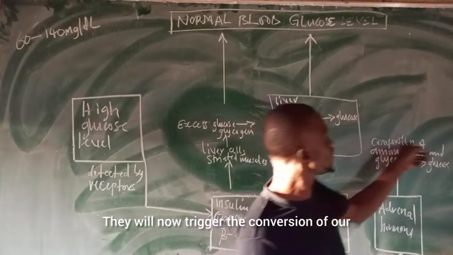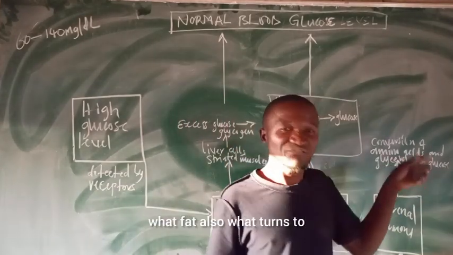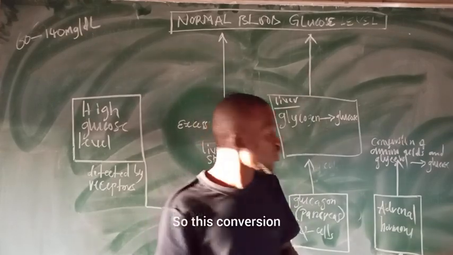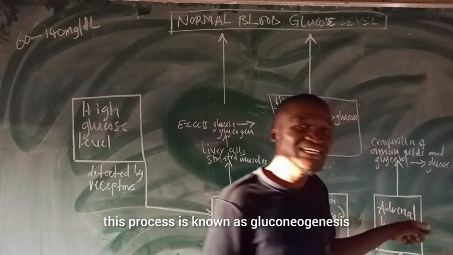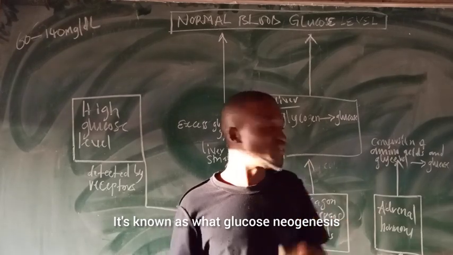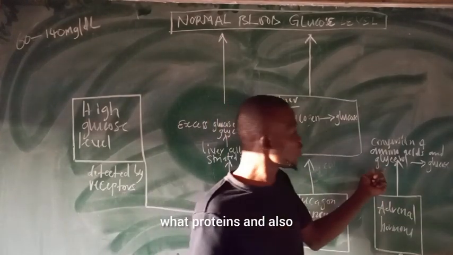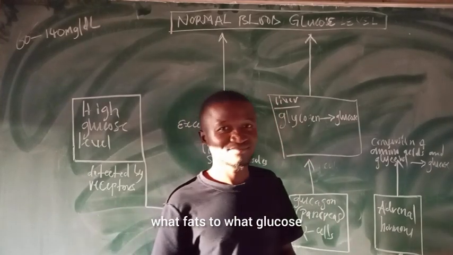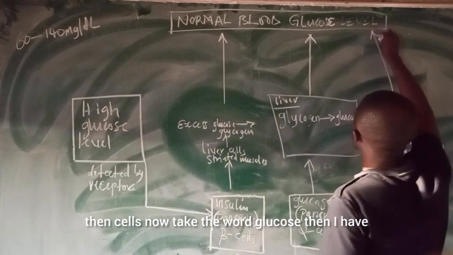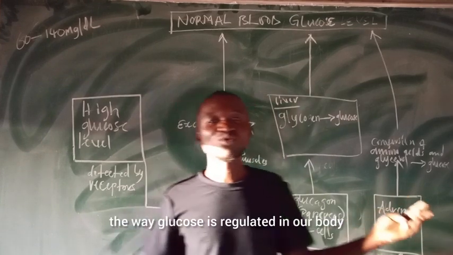Then you trigger the conversion of amino acid. Imagine, proteins even turn to carbohydrate. Glycerol, which is fat, also turns to carbohydrate, in order to support us to continue with life. So this process is known as gluconeogenesis, glucose neogenesis, which converts amino acids, the building blocks of proteins, and also glycerol, from fat, to glucose. Then cells take the glucose. Then you have a normal blood glucose level. So you see, the way glucose is regulated in our body